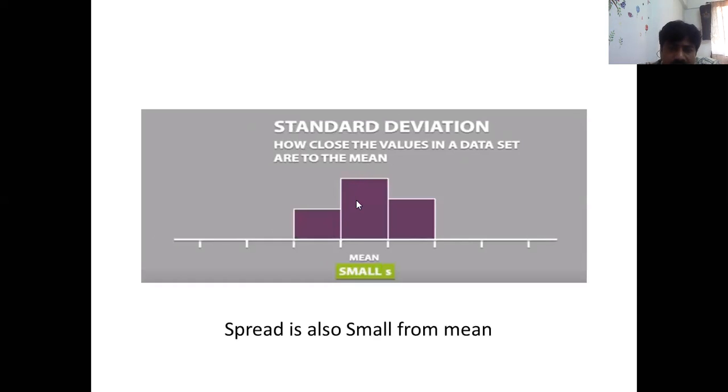And the distribution will be such that, with respect to the mean, the number of data samples is more, right? This represents the total number of values that are more, going to the right or left hand side of the particular mean value. Now the spread is also small from the mean. The spread is up to only 1 unit from the mean to the left and also to the right. So if the standard deviation is small, most of the values fall near the mean, and the spread is also smaller.